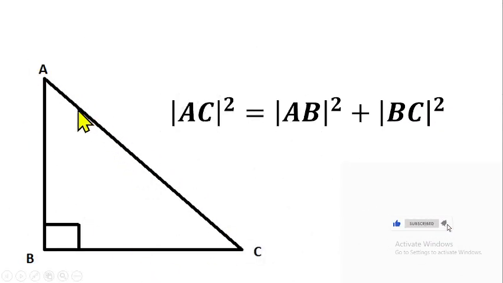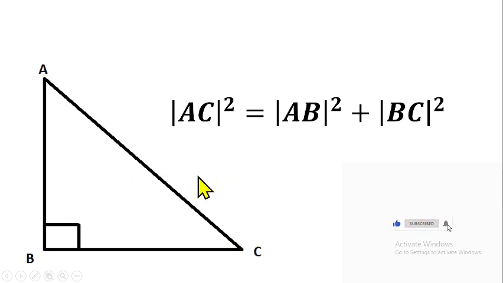Look at this triangle now. You know that this triangle is also a right angle triangle. Why? Because there is a right angle here. And if this is a right angle, can you tell me the hypotenuse side of this right angle triangle? Of course, it is still this side, because it is facing this right angle. So that means side AC